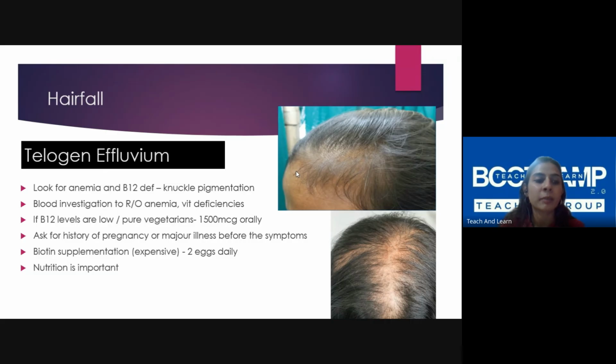It is good to give a biotin supplement, but it is very expensive. An alternative method is to tell them to eat 2 eggs a day. Nutrition is very important. One thing, if you have a lot of these gym bros who are on these protein supplements, they tend to do weird things. They'll have raw eggs and all. Raw eggs inhibit biotin absorption. You tell them the egg needs to be cooked.